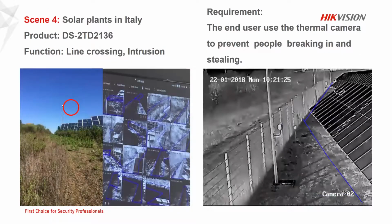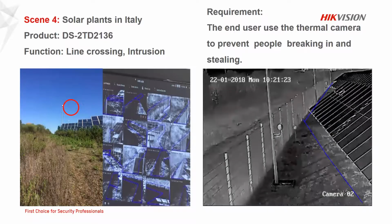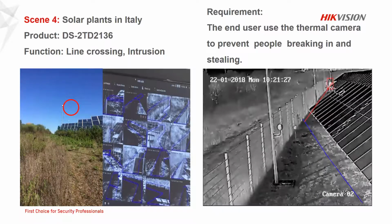Also, in this video, we know from the solar plants in Italy. The reason why they put it in Italy, I think it was 2017. In the end of 2017, they made some rule. If you have a solar plant, you have to protect the perimeter with a thermal camera. It was not really by law, but by some pressure from the insurance companies. And so we had a big boom for perimeter protection of solar plants in Italy for 1 year, and then